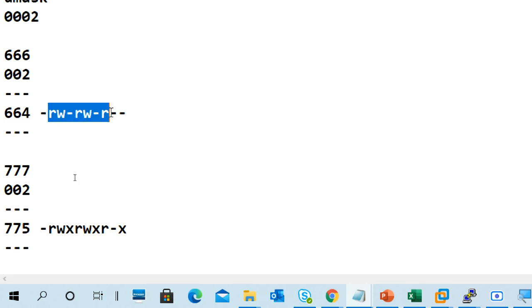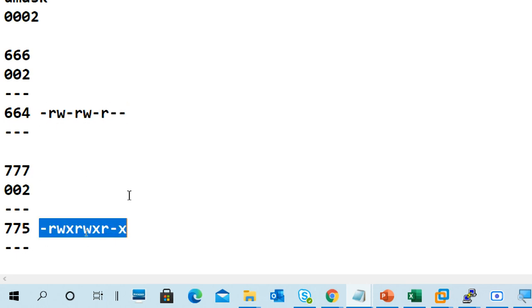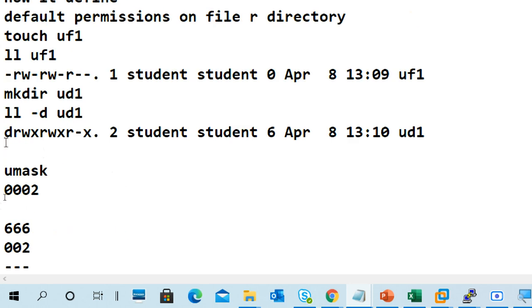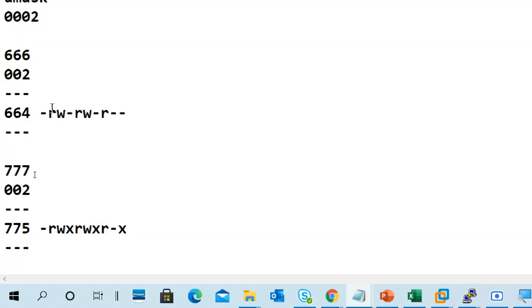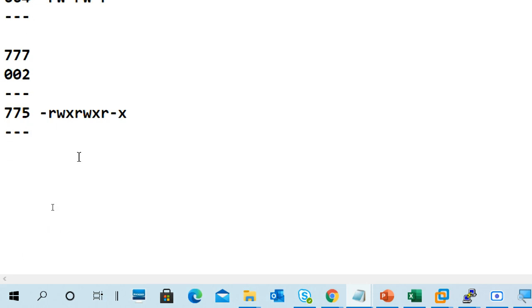Very good. Can you see this one? Same thing. So this umask value decides what permissions you get by default.